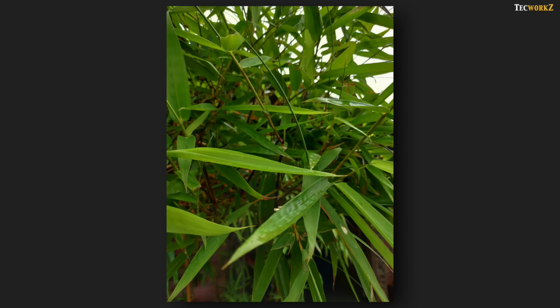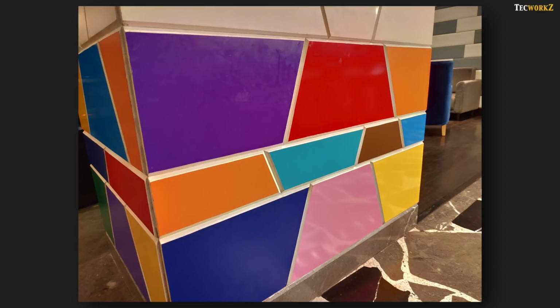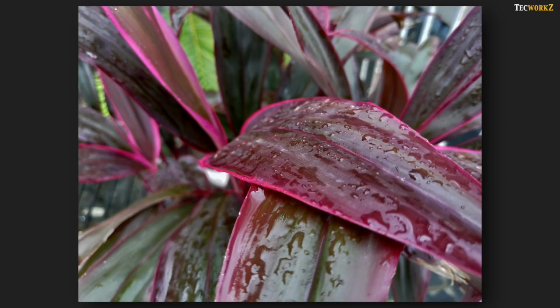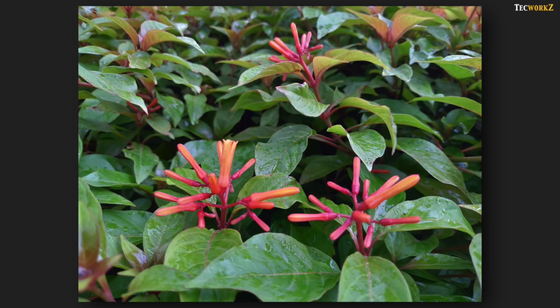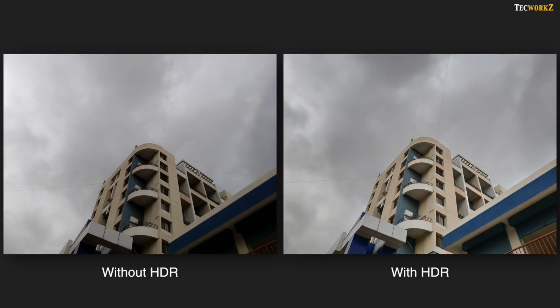It captures accurate colors no matter the lighting conditions that you are in. The camera has a tendency to slightly overexpose the photos, so sliding down the exposure manually will give you much better looking images. It doesn't offer the best dynamic range when the HDR is set to auto, but with the HDR mode enabled, it can help save a lot of shots.